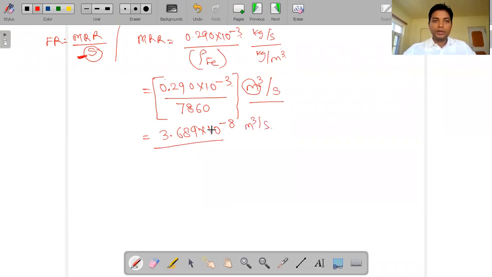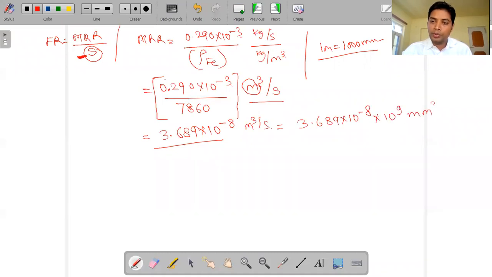Okay. So now what you can do, guys, is either you can convert over here, that is in cube. So 1 meter, I'm just writing for the students, those who don't know, is 1000, okay. So if this is 1 meter, then the cube will be into 10 raised to power 9. Is it okay, guys? So this will be 3.689 into 10 raised to power minus 8 into 10 raised to power 9 cube per second. So 10 raised to power minus 8 multiplies, and this 10 will be remaining. So like this,